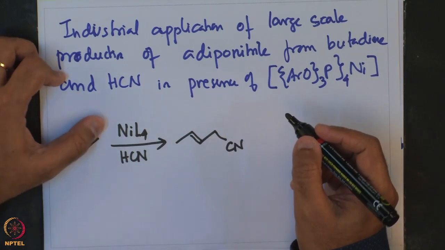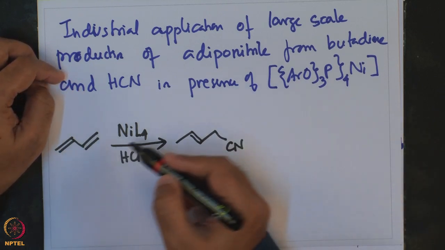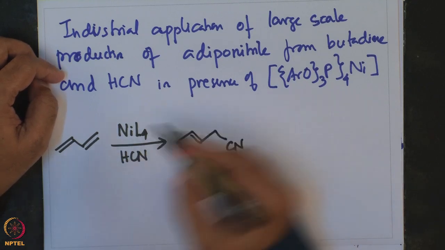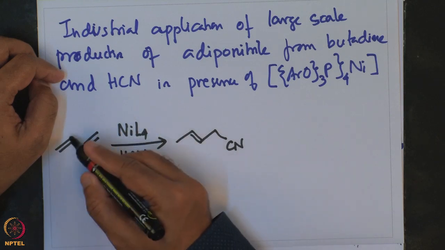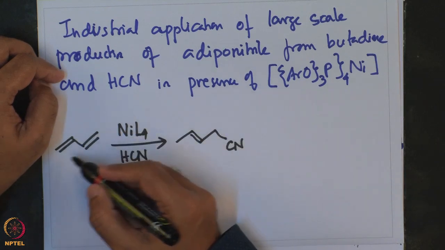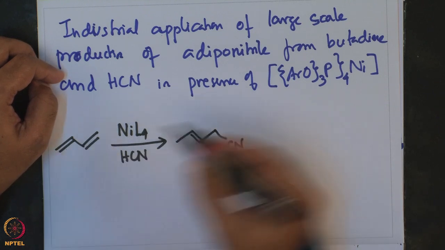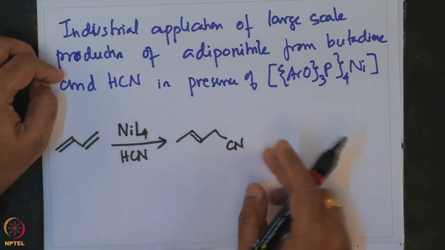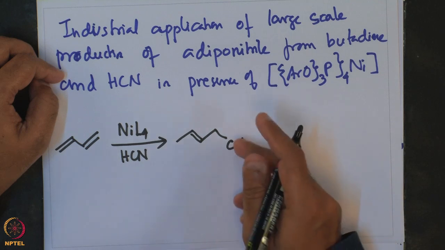Now, this addition is a 1,4 addition instead of a 1,2 addition, and as a result of this 1,4 addition, 1, 2, 3, 4, we see that there is a migration of the double bond from the terminal to the middle. This is a 1,4 addition where cyanide adds at one terminal,